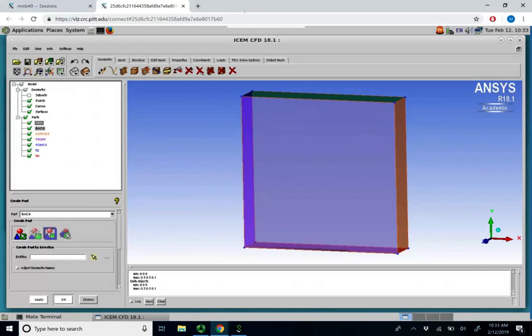Now that we've created our geometry, we have to create blocks. Blocks contain mesh, and for our simple case, we're only going to need one block. Later, we will discuss how to make multiple blocks and multi-component models. Now, under the blocking tab, the first thing we have available, and the only thing we have available, is create